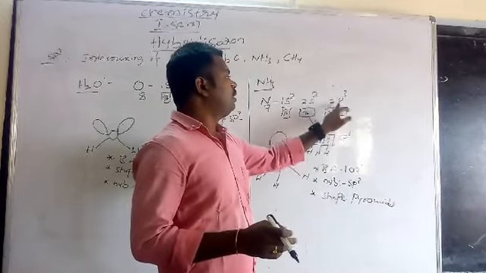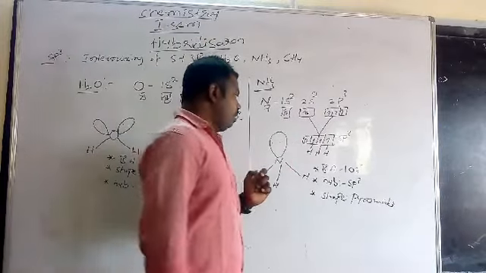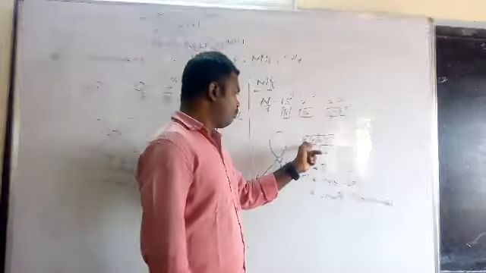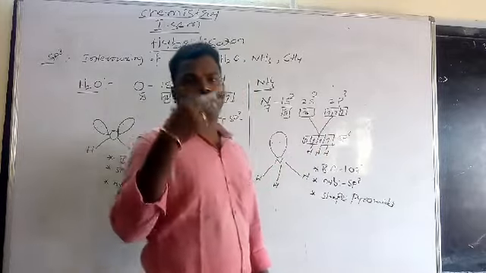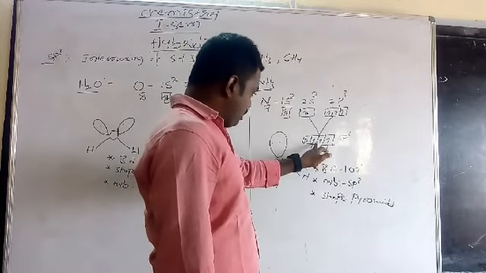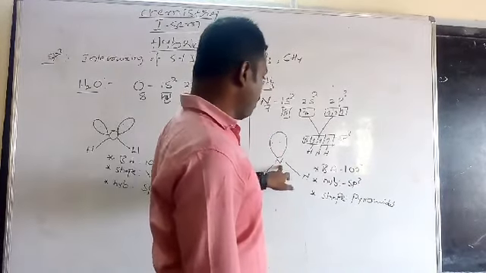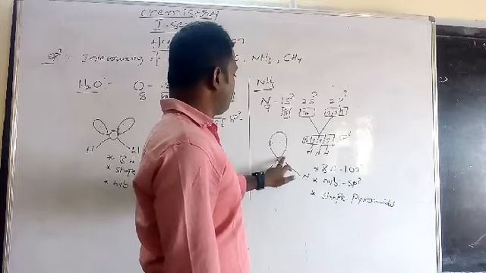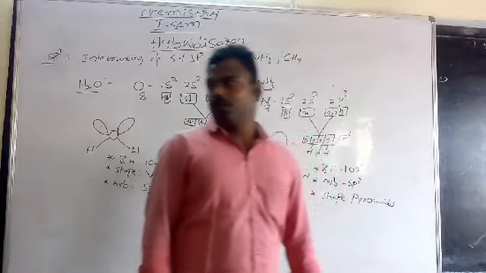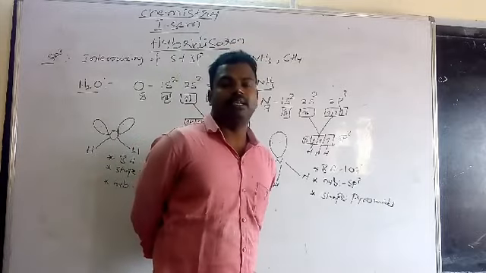There are 3 unpaired electrons in the 2p orbital of the valence shell. Intermixing of the 2s orbital and 3 p orbitals combine to give 4 sp3 hybrid orbitals. Of the 4 sp3 hybrid orbitals, one is a lone pair and the remaining 3 are bond pairs. These bond pairs react with 3 individual hydrogens to form an ammonia molecule. For the NH3 molecule, the bond angle is 107 degrees, the shape of the molecule is pyramidal, and the hybridization is sp3.